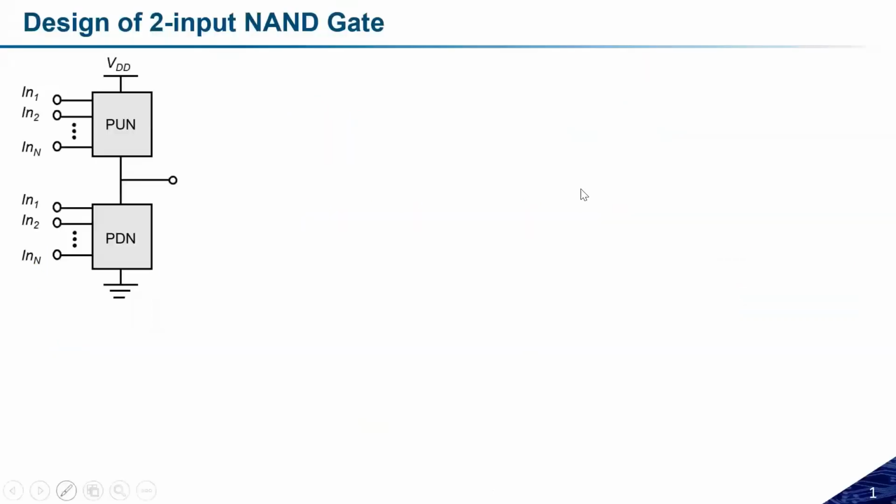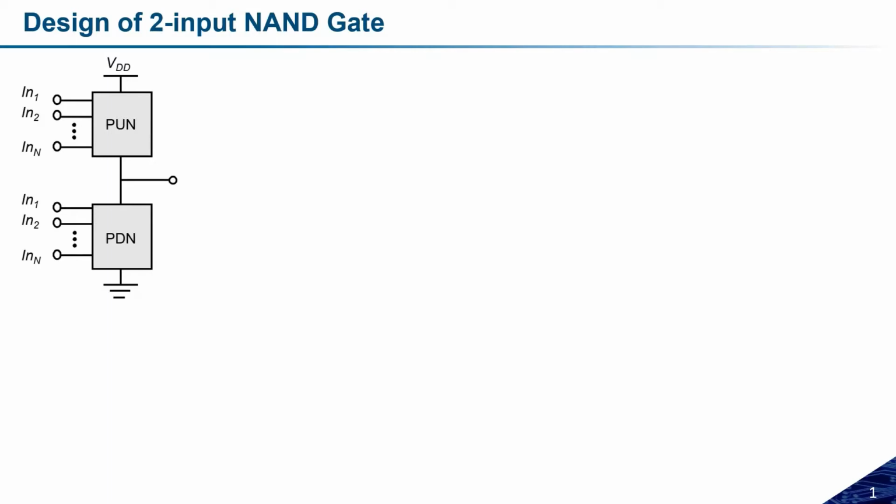This is the simple diagram. Initially we will start with designing a 2-input NAND gate, and once we know how to design it, we can extend this analysis to complex circuits. So suppose I have this pull-up network and the pull-down network.